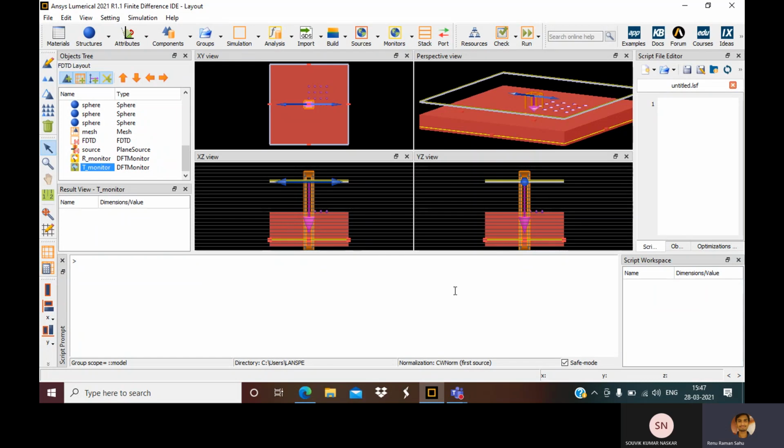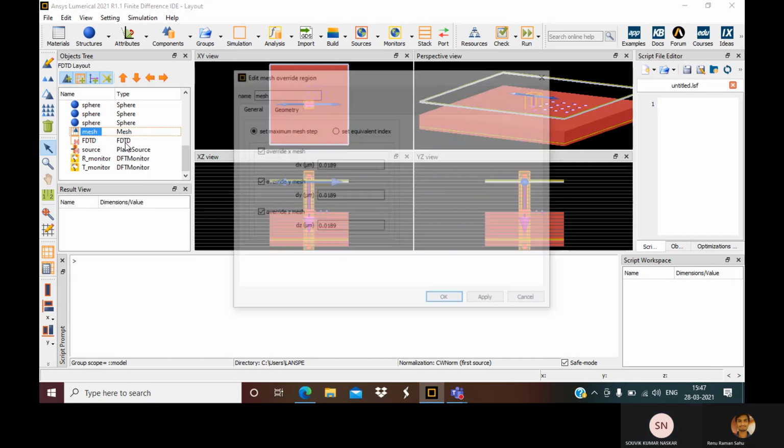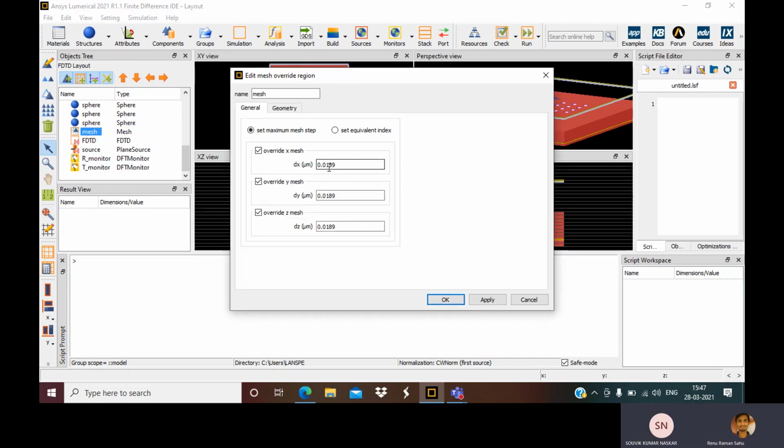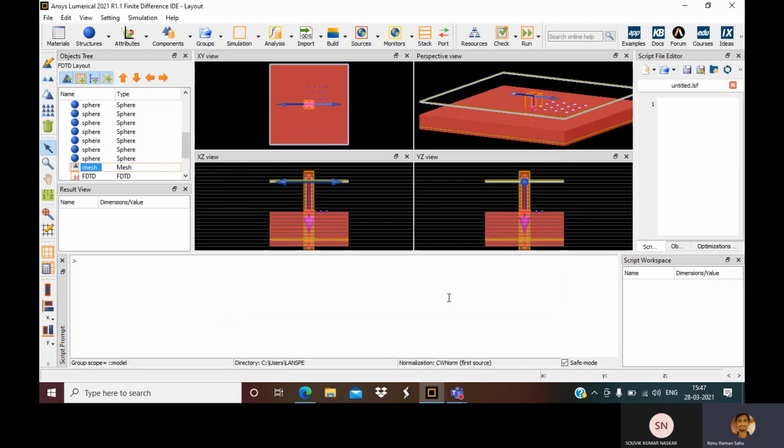Now we have almost everything ready. We just have to run the simulation. And the dx by dz value, that I will change, the mesh. So it is 0.2 kind of thing. Let's see how much time it takes. If it doesn't work, then we'll increase it.